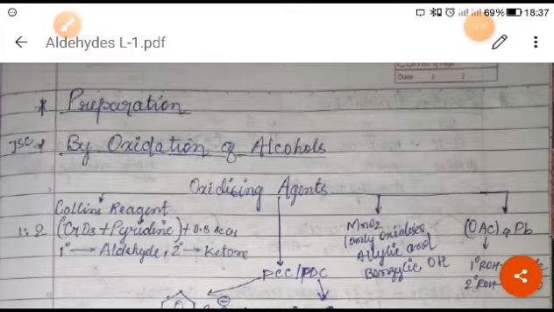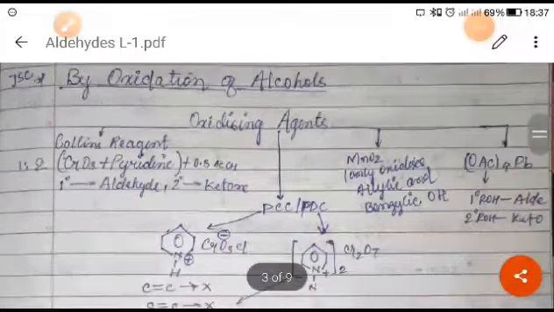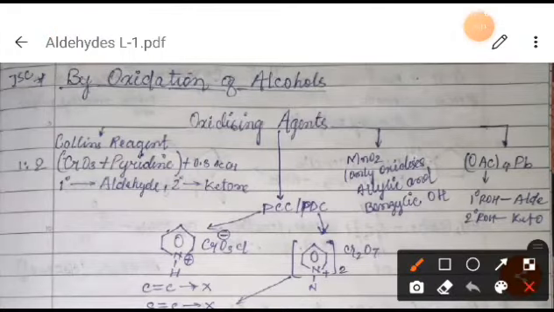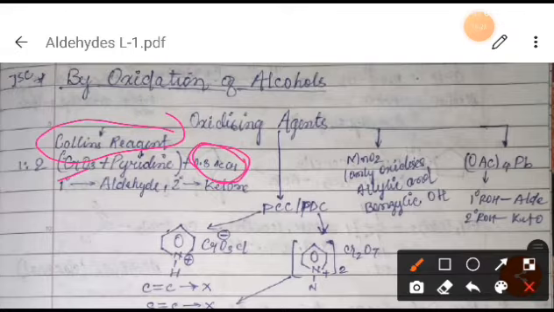preparation of aldehyde and ketone. Okay, so when we talk about the preparation of aldehyde and ketone, the first is from alcohol. As you can see, when we talk about the oxidizing agent, I have written some of the oxidizing agents here. Suppose the oxidizing agent is Collins reagent. So Collins reagent is CrO3 plus pyridine and approximately 0.3 of acetyl